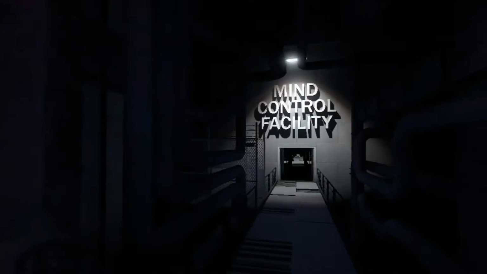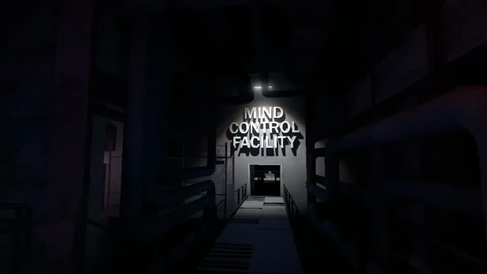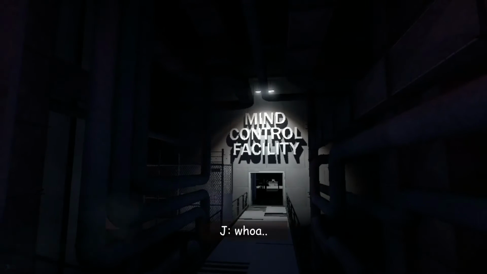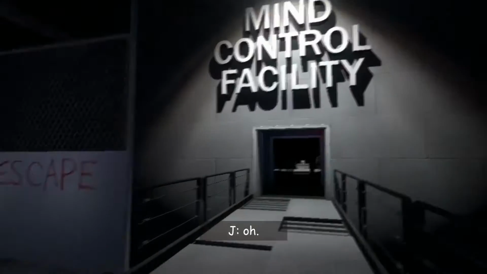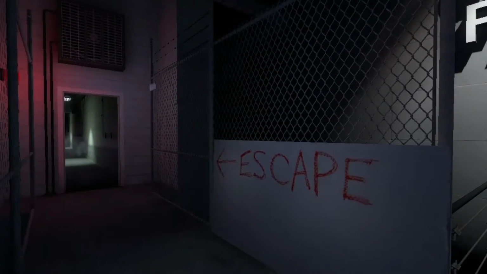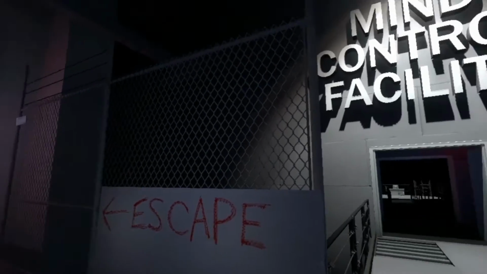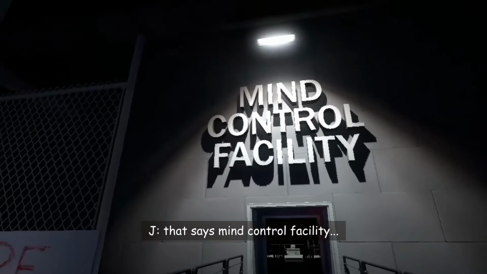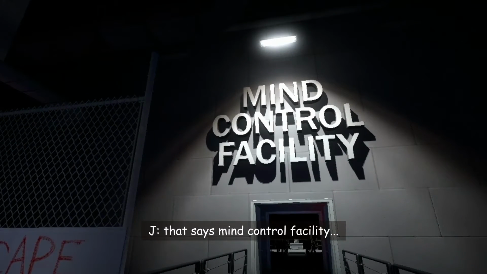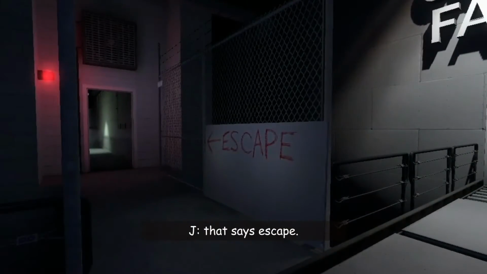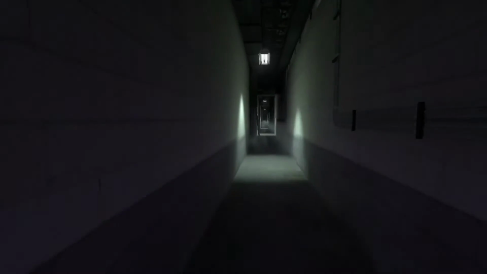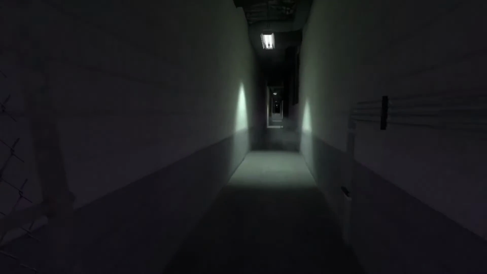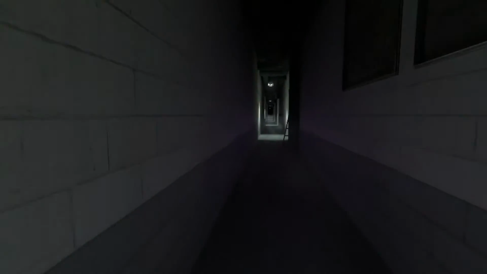Stanley walked straight ahead through the large door that read Mind Control Facility. Oh. Okay. Wait. Oh. Okay. Well, that says Mind Control Facility and looks scary, and that says Escape. I want to escape. Run, Stanley! Although this passageway had the word Escape written on it, the truth was that at the end of this hall, Stanley would meet his violent death.